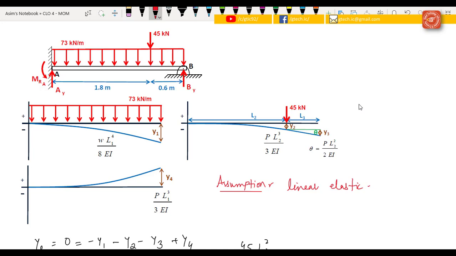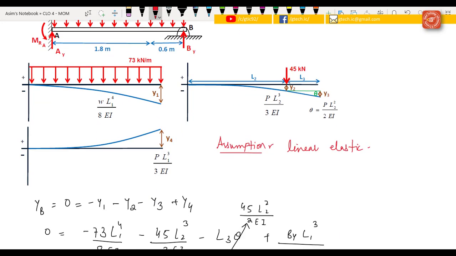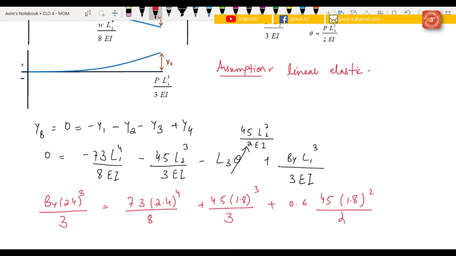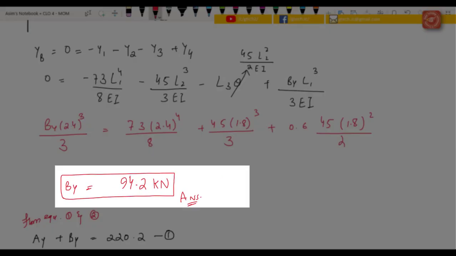सो yB जो है वो हम कैसे निकाल सकते हैं, सो yB would be equal to 0 over here. हाउ, क्योंकि यहाँ पे जो फोर्स लग रही है yB की, यहाँ पे डिफ्लेक्शन जो है वो 0 हो रही, यहाँ पे तो डिफ्लेक्शन नहीं हो रही, क्योंकि डिफ्लेक्शन तो इस पॉइंट एंड वन के पॉइंट पे हो रही, जो कि यहाँ से हमें इंडिकेट हो रहा है, तो yB 0 है, और ये इक्वल टू -y1 क्योंकि डाउनवर्ड है, -y2 -y3 प्लस y4। Now simply substitute all these terms and substitute this angle theta here, and the final result would be for By is 94.2 kilonewton। तो ये By की जो रिएक्शन की फोर्स की वैल्यू है